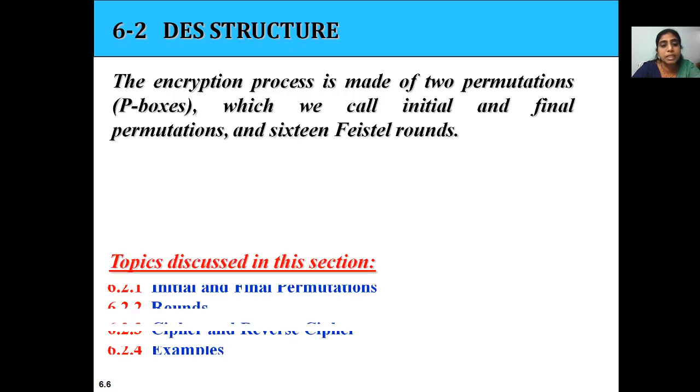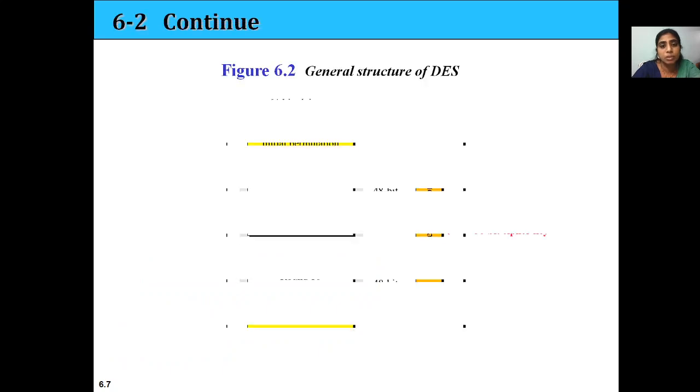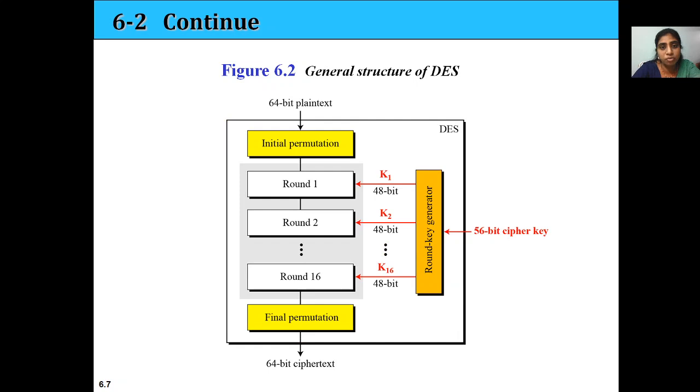Next we are going to discuss the internal rounds and the round functions in this DES. So the general structure is that we take the 64-bit